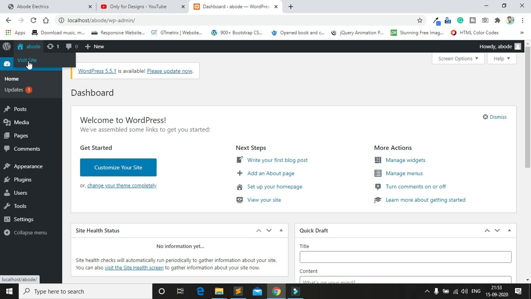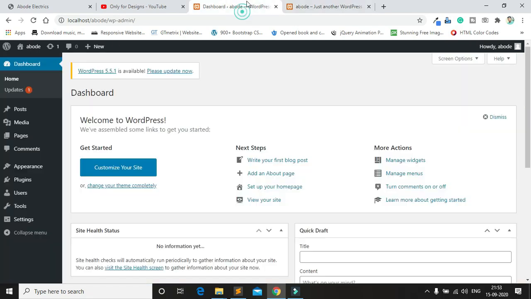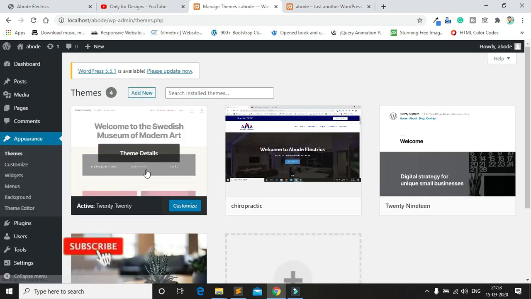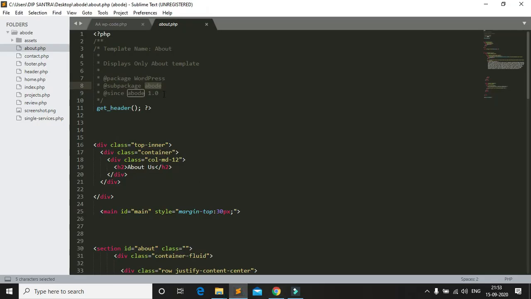So visit site. Now this is the WordPress default theme. This is not my theme. So go to appearance, then theme option, and choose my theme. You can see this is my theme, but the name is different because I didn't change the file name. I copied some files, but I didn't change them.